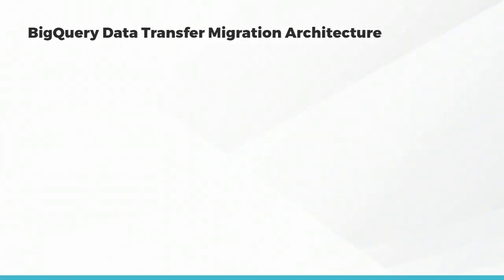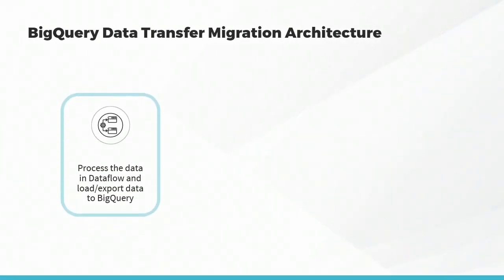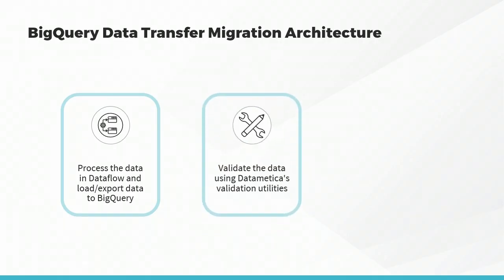Here's a few more pieces about the data transfer migration architecture. We want to process the data in Dataflow, and we can even load or export data to BigQuery. This allows us to have a few validation steps in our data pipeline to make sure that everything is supported. We want to be able to validate the data using Data Migration Accelerator's validation utilities, which are also built in. And so you can run these in a Google Kubernetes Engine cluster and Cloud SQL for auditing and historical data